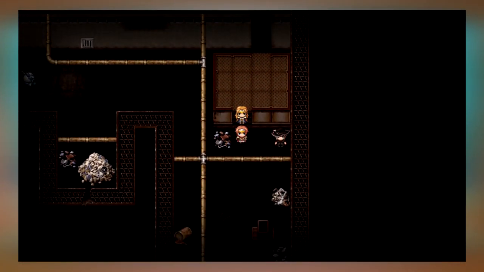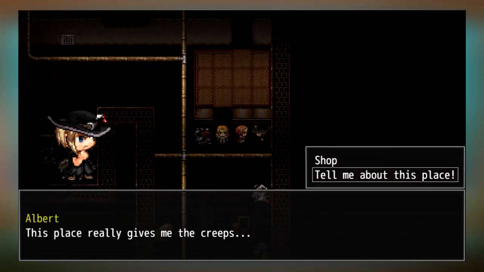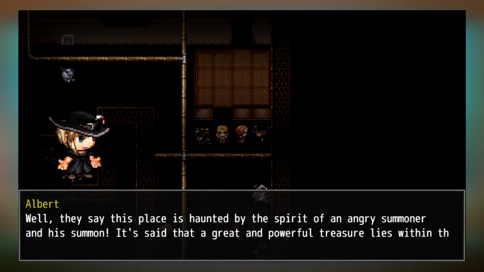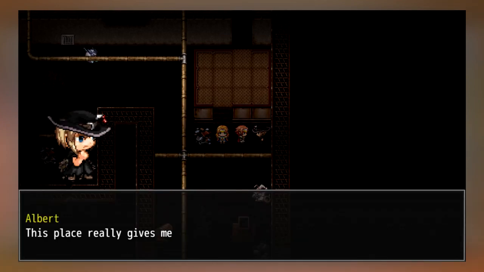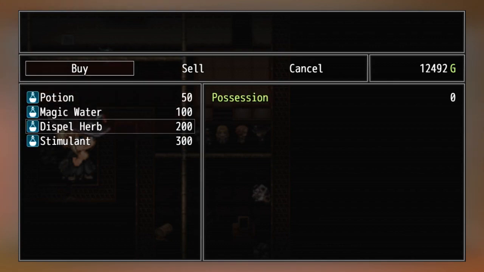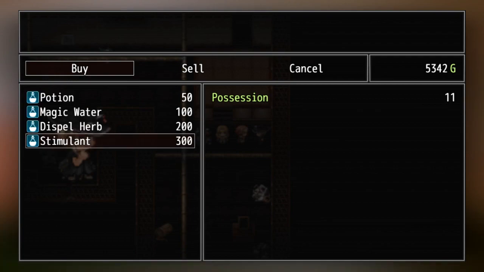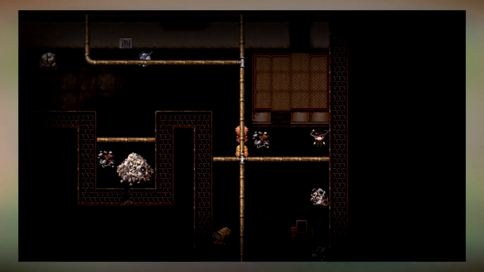Hey everyone, today I'm gonna go ahead and talk about level design a little bit. What I mean by level design is, I guess dungeon, not really dungeon though. I sort of mean the parts of the game that may or may not be important to the story. In this little scenario that I set up, it is a haunted factory. The factory is haunted by the ghost of a summoner, but he's protecting a treasure that the